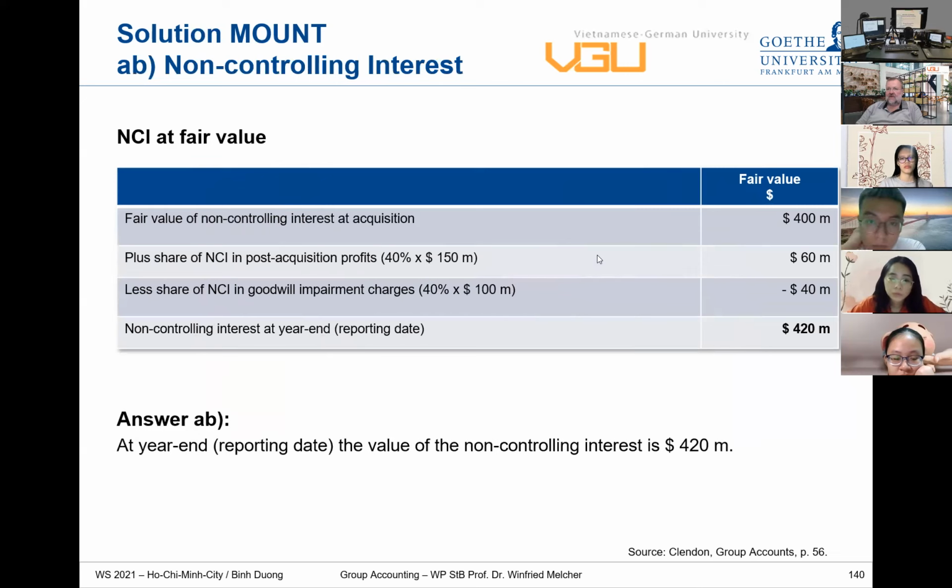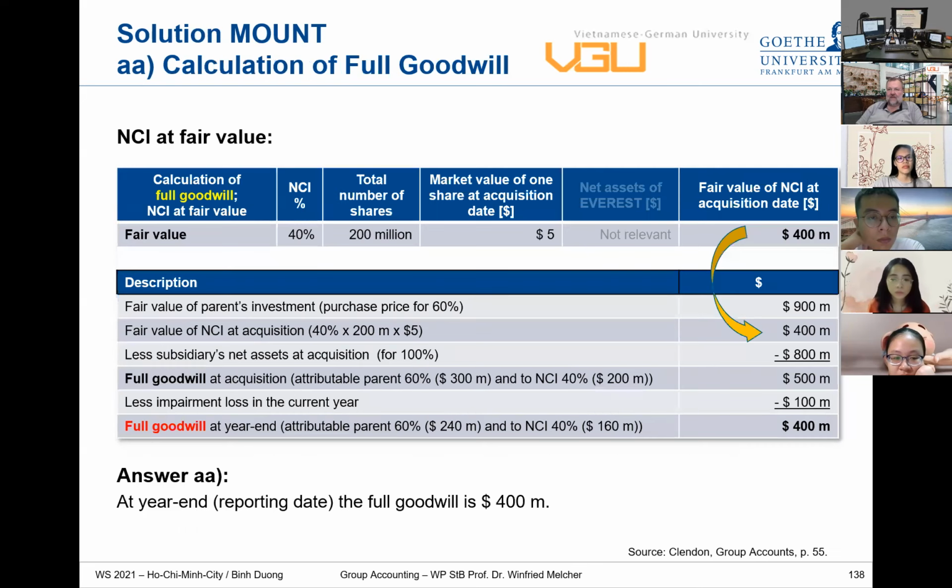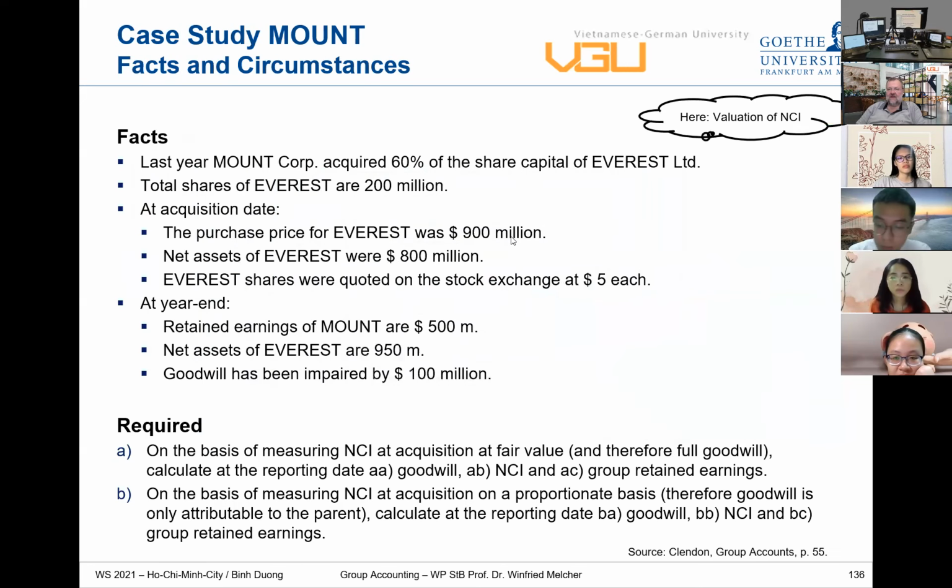Oops, sorry. So we start with this acquisition, we start with this fair value at acquisition, 400. Well, then we have a post-acquisition period during which the net assets increased by 150 million. That was in the facts and circumstances. A little bit hidden, I know. So some of you got stuck. But I think with a little help of your friend, that's me,